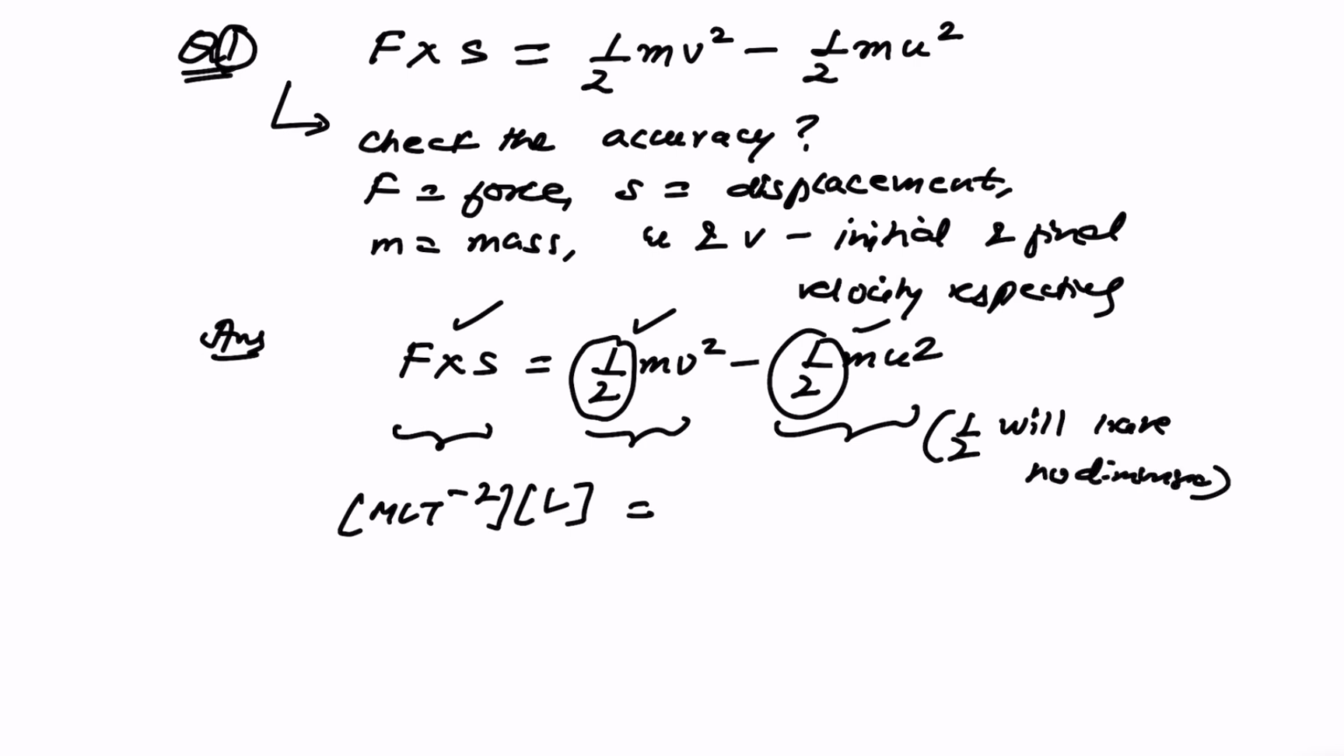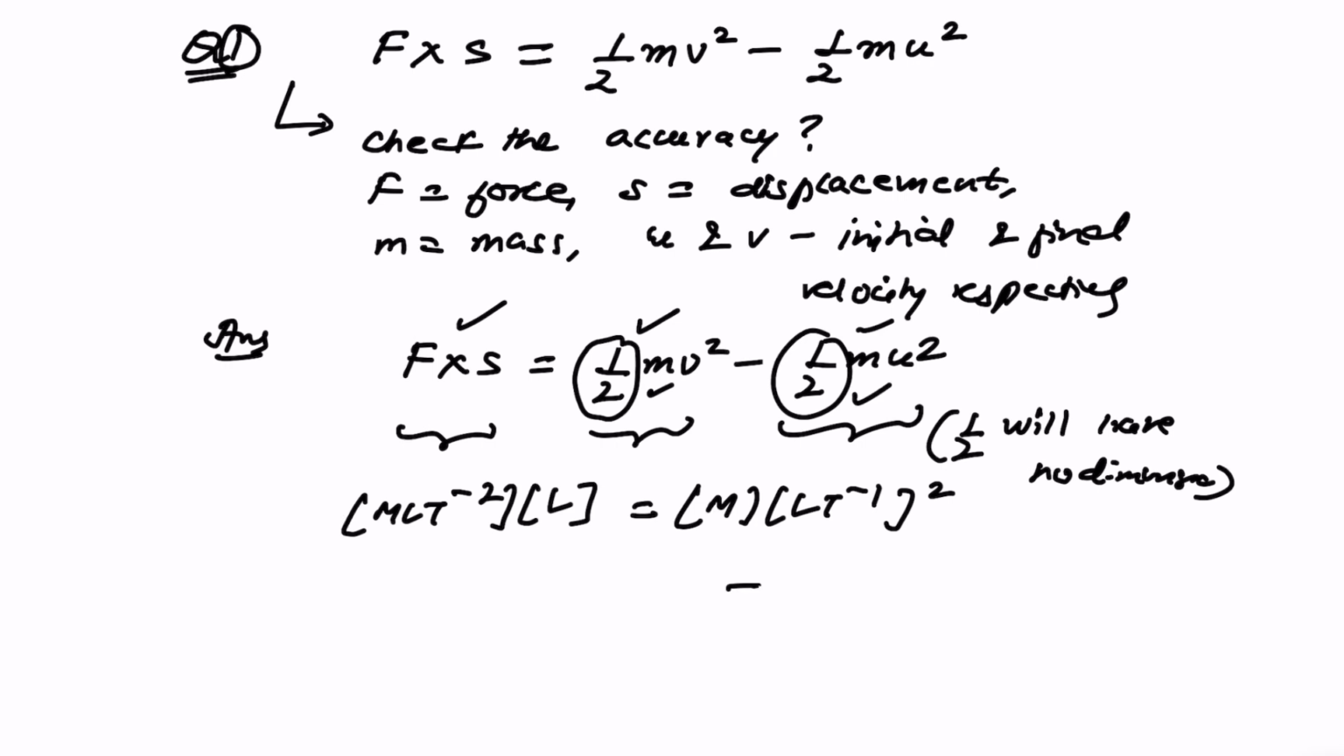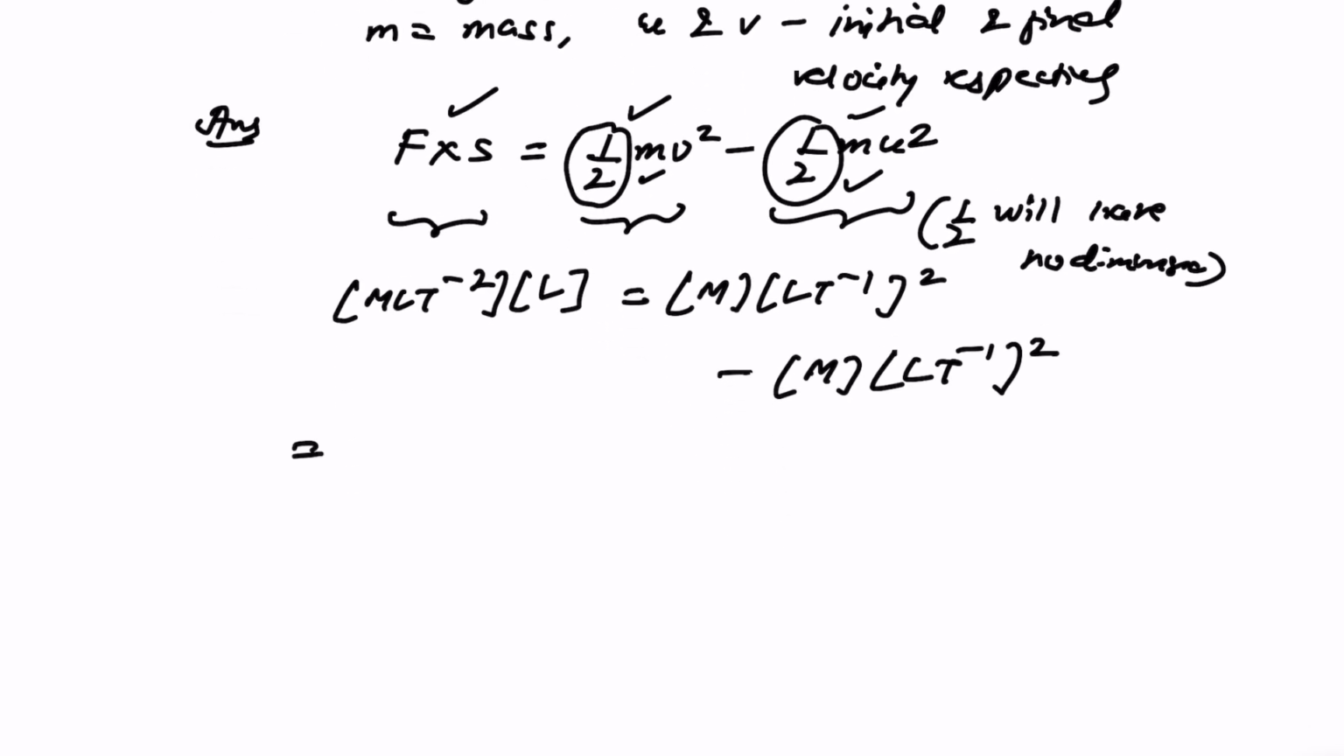So now what will happen? M. What is the dimension of mass? M. What is the dimension of velocity? LT^-1, the whole squared. Now minus. Again, half will have no dimension, M. What is the dimension of velocity? LT^-1. Now, if I multiply this, I will get 1